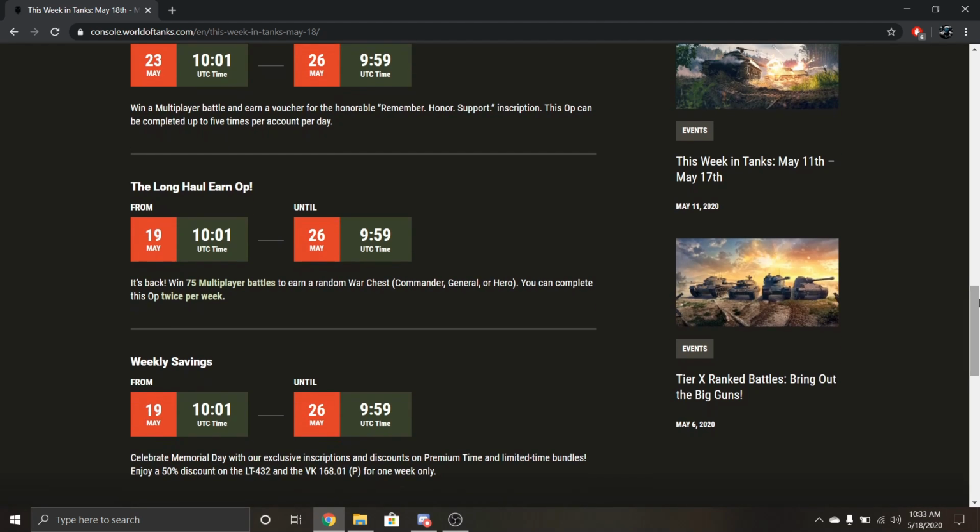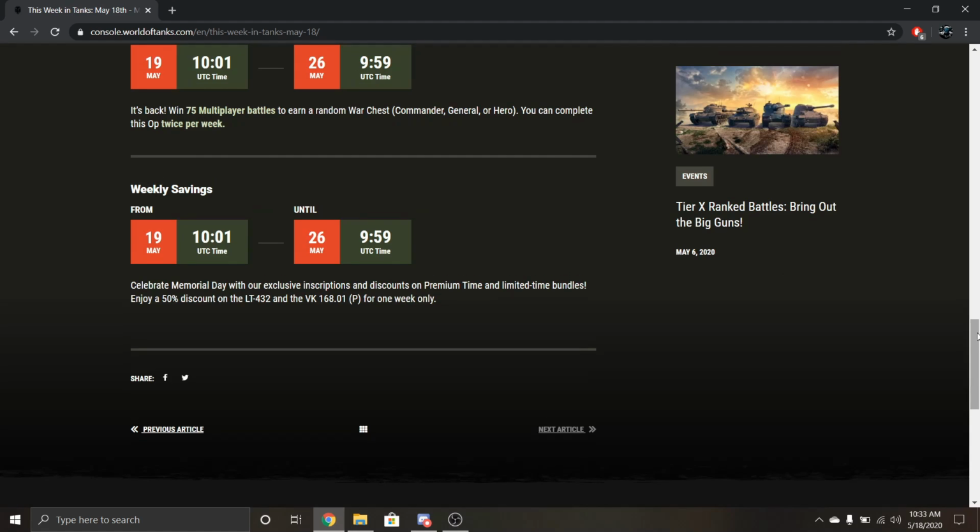Long Haul is back. It's been back, so complete 75 wins. That's a lot of playing you have to do in 1 week to get maybe a commander's chest. And if you're lucky, you'll get a hero chest with some gold. So there's that. And then finally, the weekly premiums on sale right now with 50% off is the LT-432,